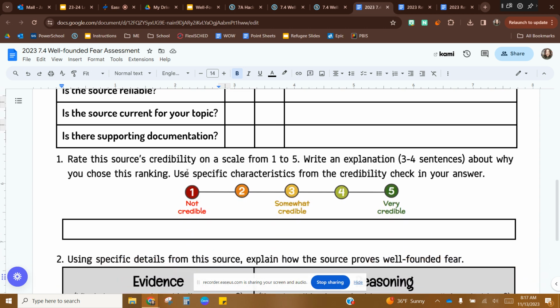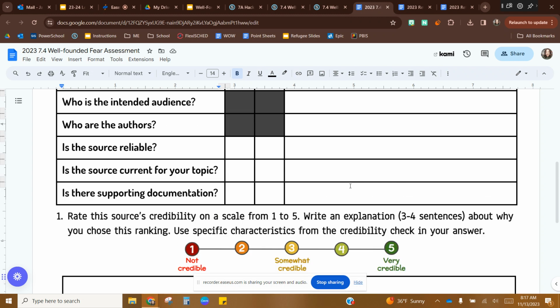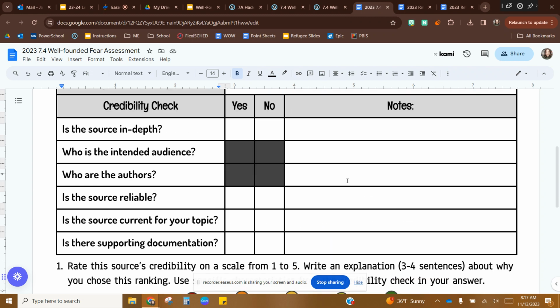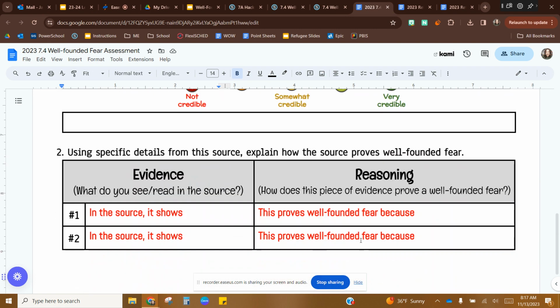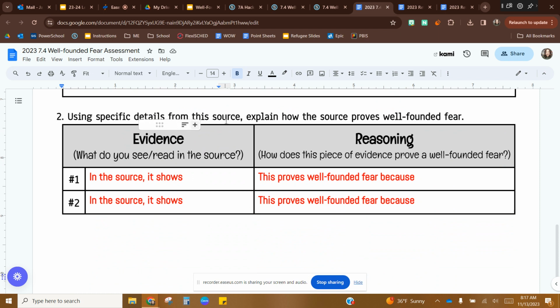Underneath that, you're rating it on a scale from 1 to 5. So write an explanation about why you chose this ranking, using specific characteristics from the credibility check in your answer. I'm looking for like 3 different things in the credibility check that show the credibility of this source. Okay. And then lastly, using specific details from the source, explain how the source proves well-founded fear.